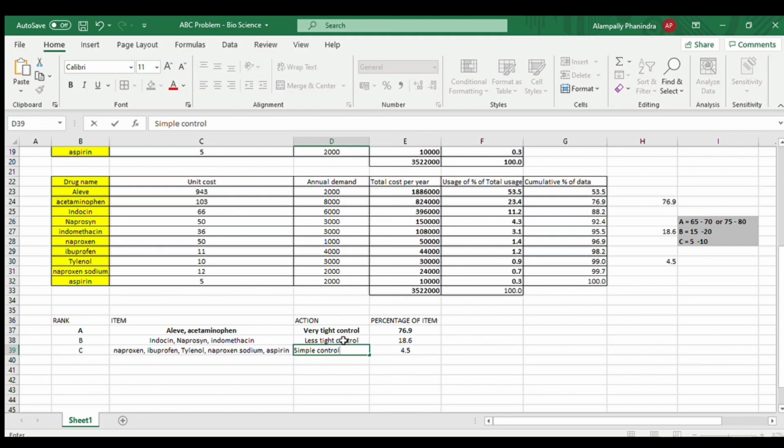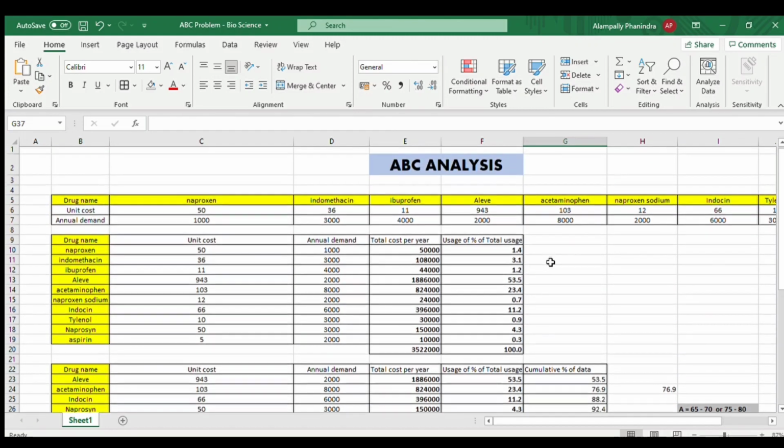There should be tight control, but very less, for the drugs which are categorized under the rank of B, and there should be very tight control, and you need to focus more upon the manufacturers of these drugs and the supply of these drugs to the customers, which are Aleve and acetaminophen, once they are ranked under the category of A. So by this you can understand that much importance, much preference will be given to the products categorized under the rank of A rather than the rank of B, rather than rank of C. Okay, so in order to do this process, we are going to perform ABC analysis.